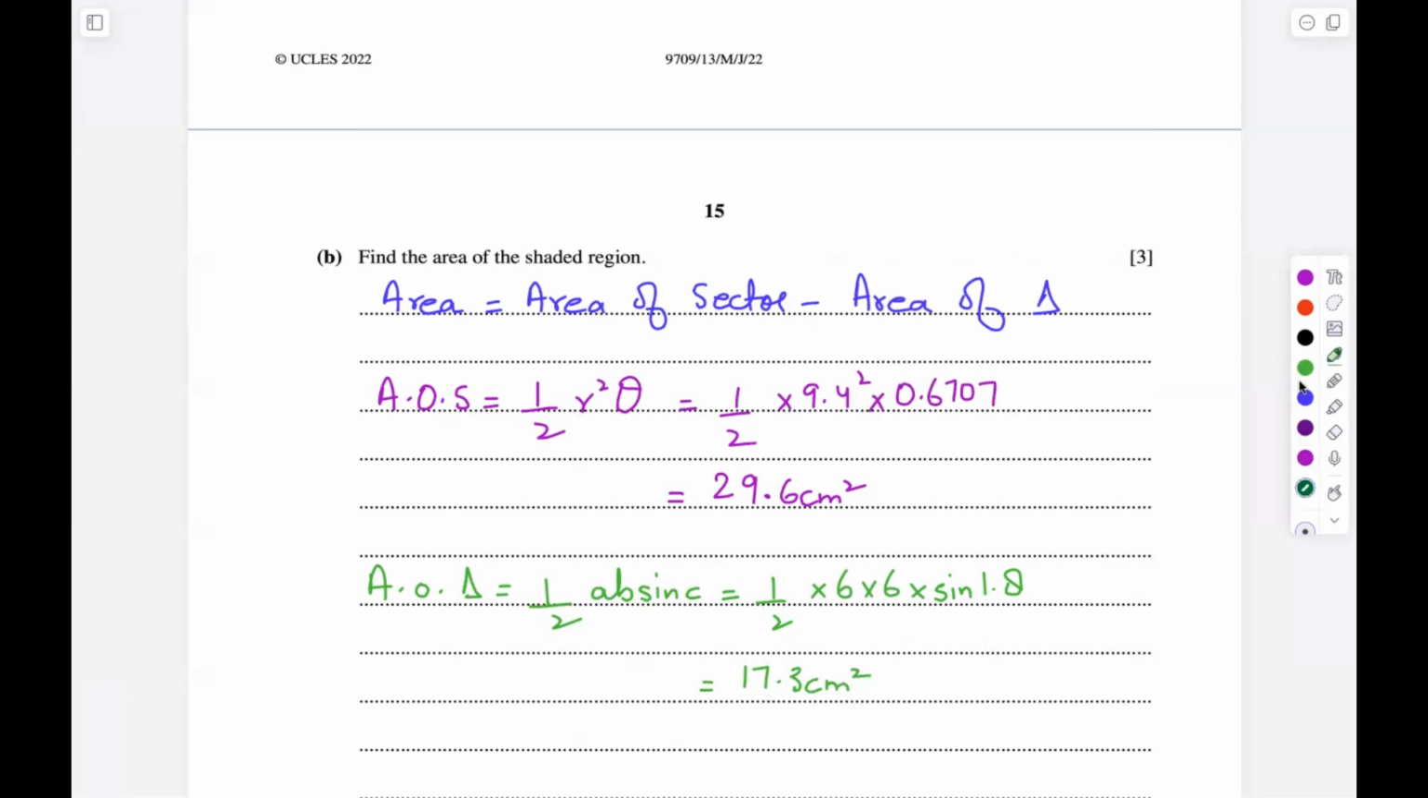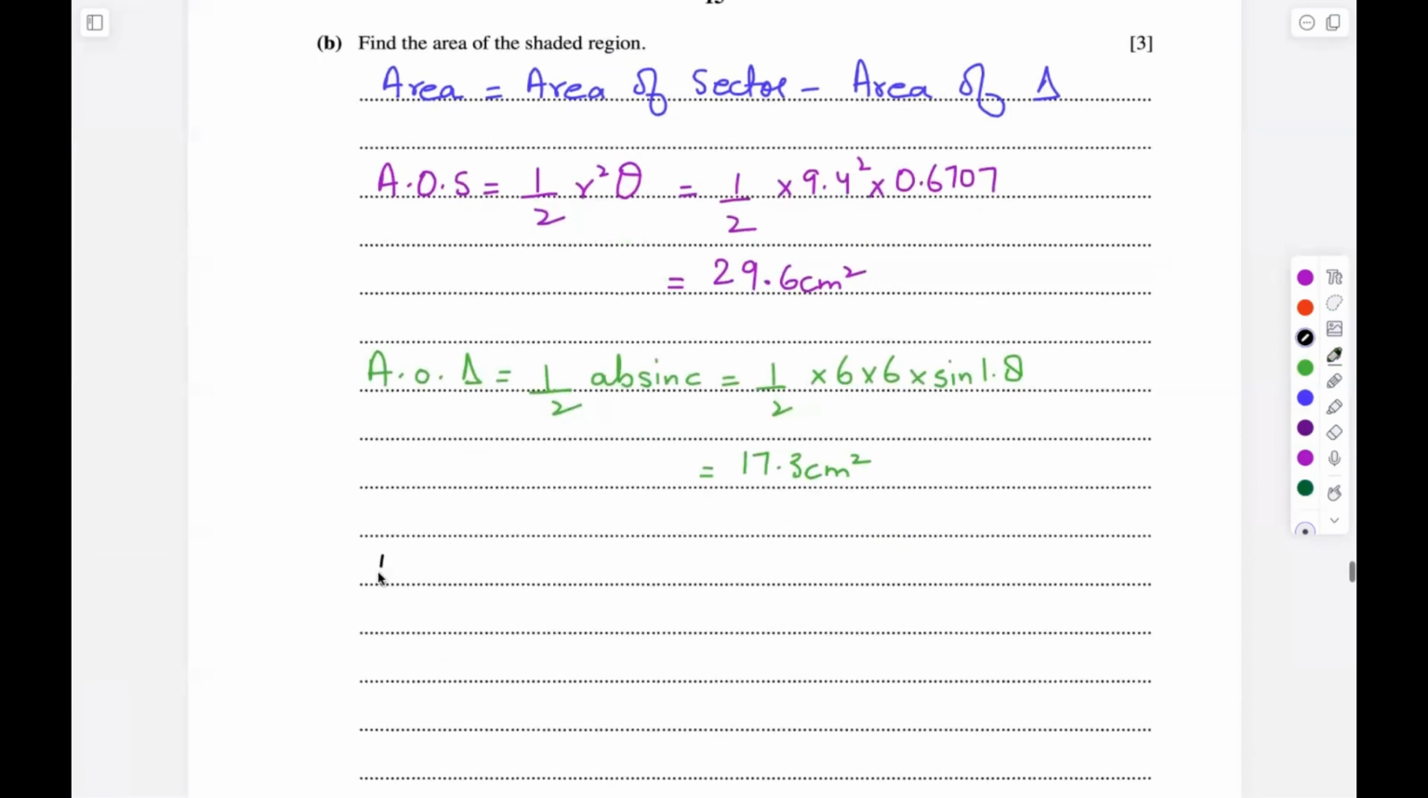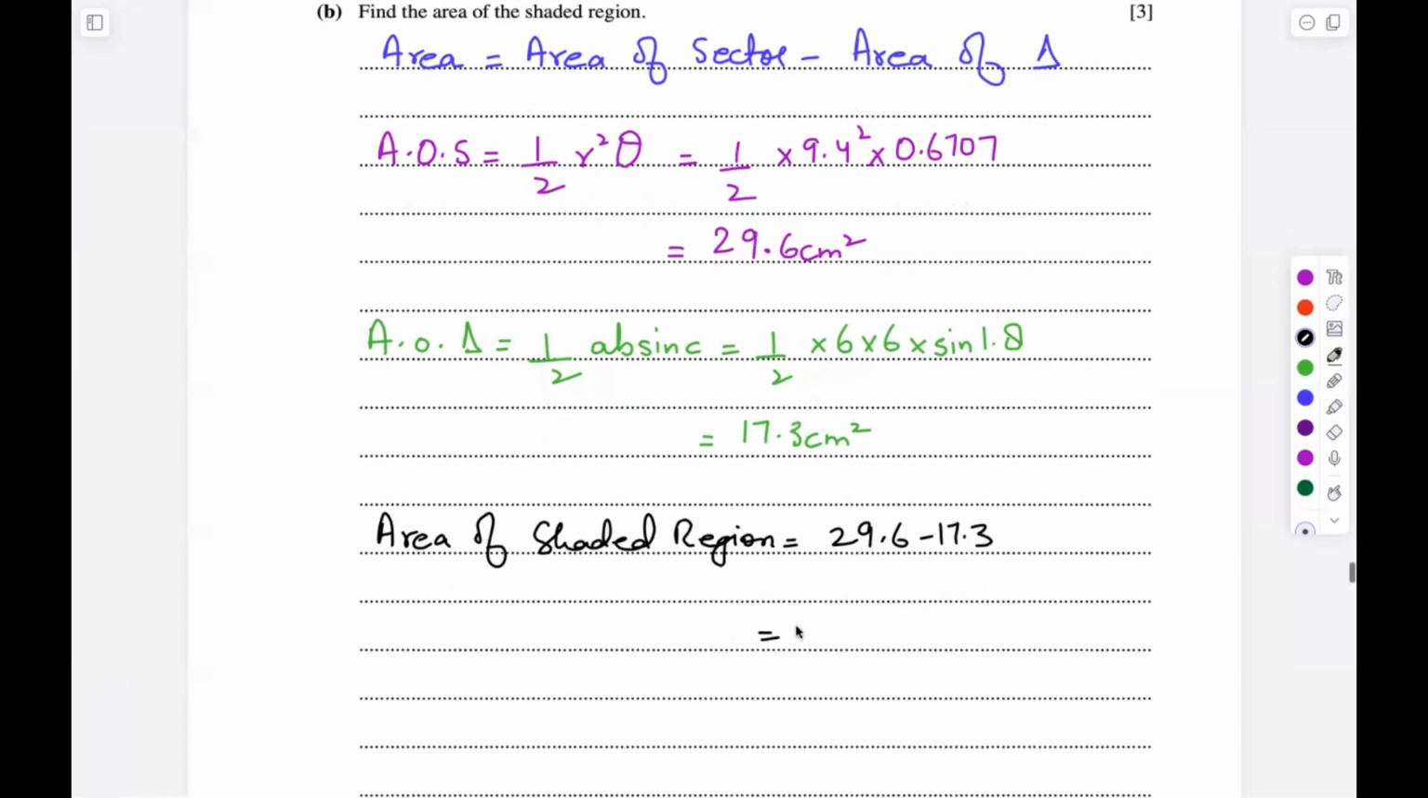Finally, finding the area of the shaded region, we can just subtract the two areas. So the area of the shaded region will be equal to 29.6 minus 17.3. So 29.6 minus 17.3 will be equal to 12.3